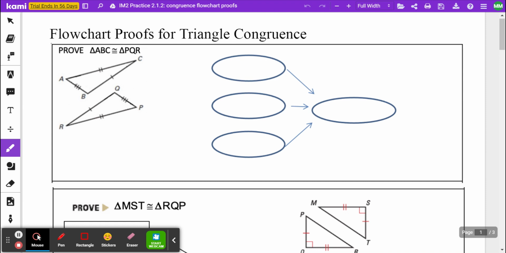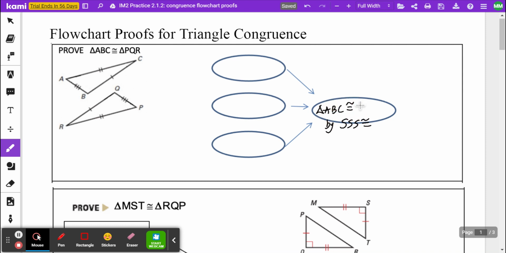Okay, I can see right away that I have three given congruent sides, so I already know I'm going to be using side, side, side. So I'm going to start with my conclusion: side, side, side. That's my conclusion. And then let me name my triangles to write my congruent statement. Triangle ABC